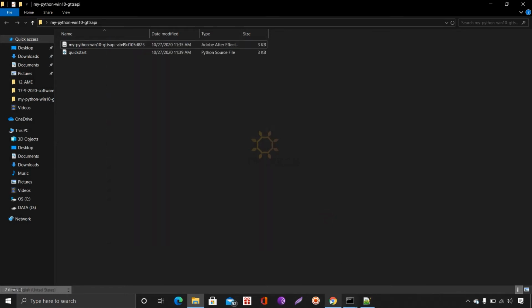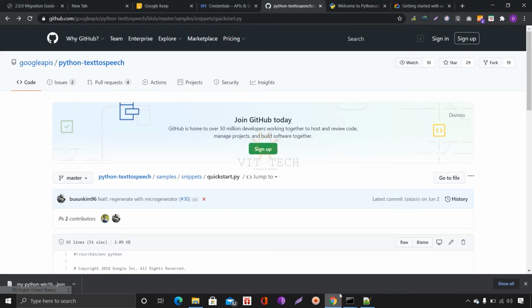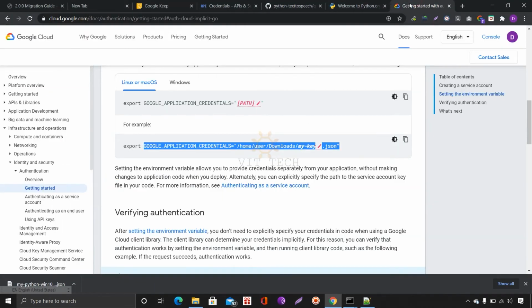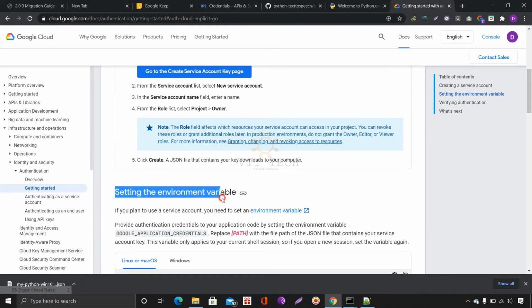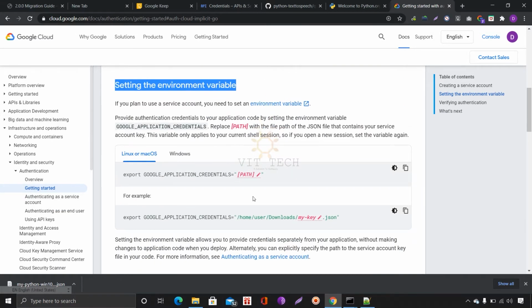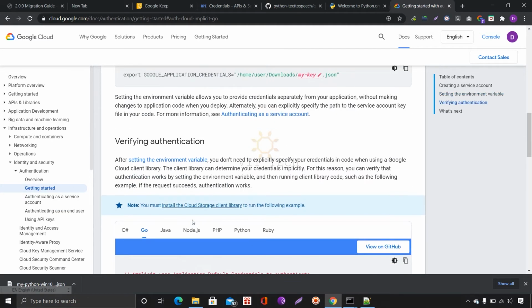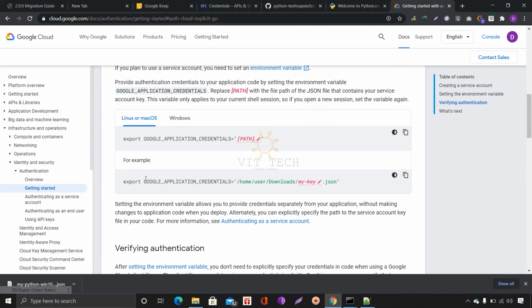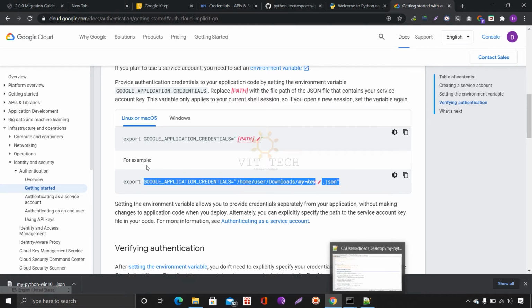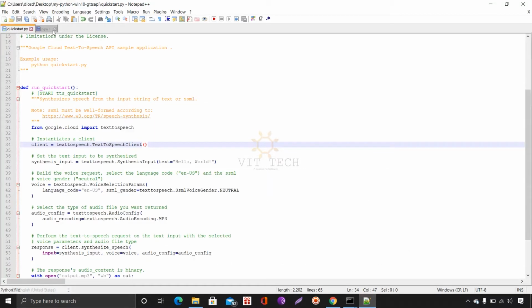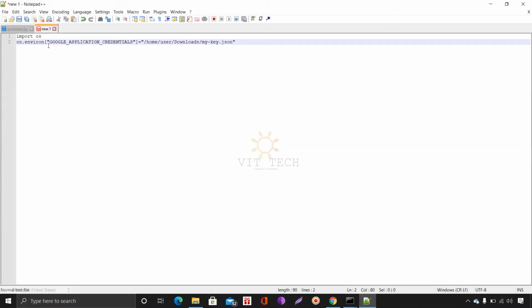Okay, before that we will show you the environment variable, as per the Google documentation. If you see, setting the environment variable. With this variable we give authentication to the Python script file. So we need to copy this Google application credentials JSON file path that we already copied. We have put it in Notepad, importing this environment variable. This is the code. You can see this is the Google application credentials, same as per this. We have to change this. So copy this